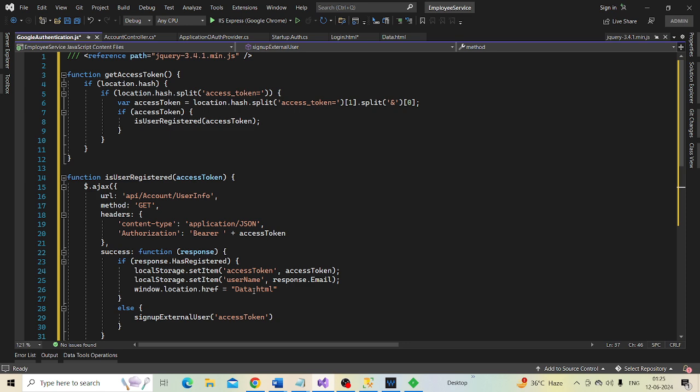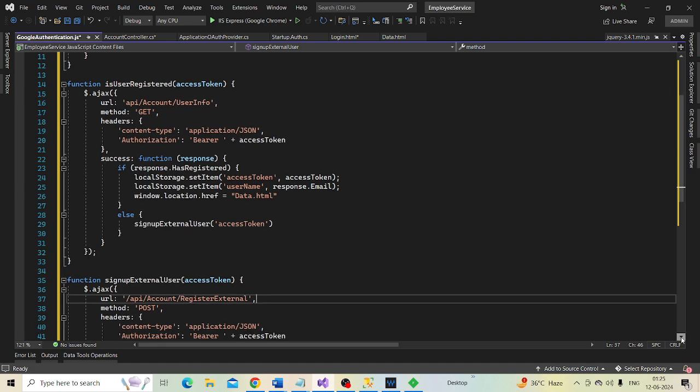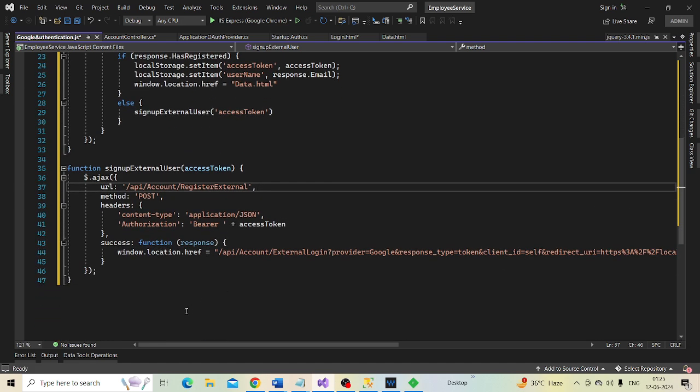In our case, the external user is not yet registered with our application, so in this case it is going to call the sign up external user function, passing it again the access token. And what is the sign up external user function doing?